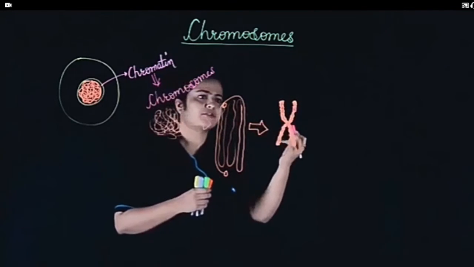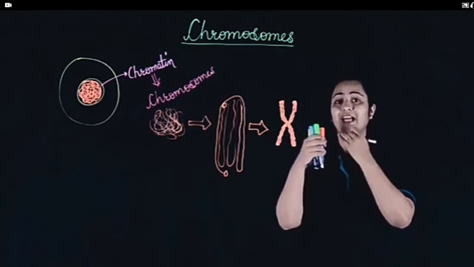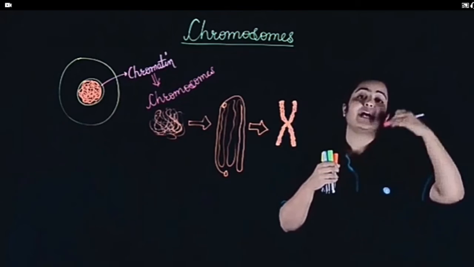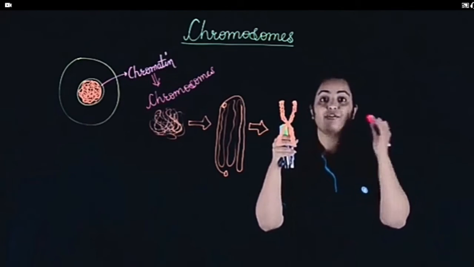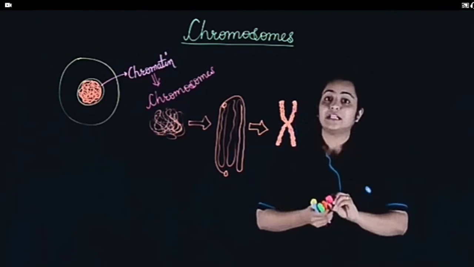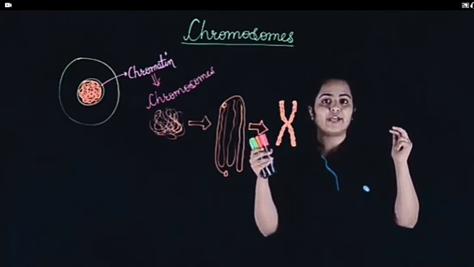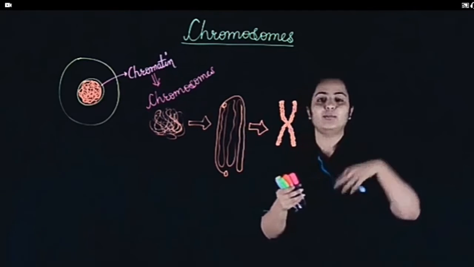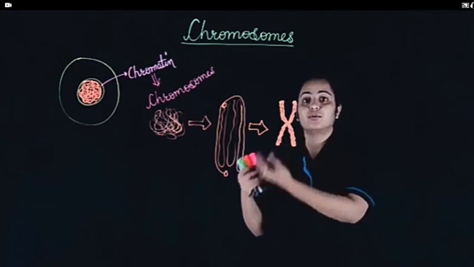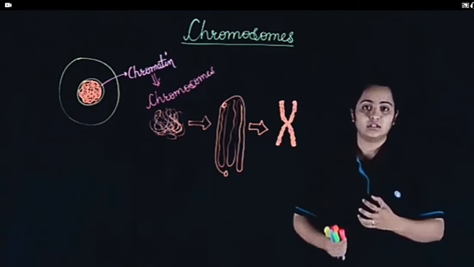Where do we get these chromosomes from? Mom and dad. That means the chromosomes in our body are given to us by our parents. This forms the basis of heredity. That means the technical definition which we saw in the beginning, chromosomes are the units of heredity. That is because we get chromosomes from our parents and we pass chromosomes to our children. This is how life is sustained on the earth.